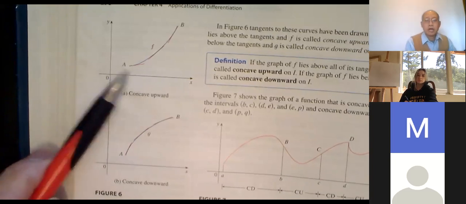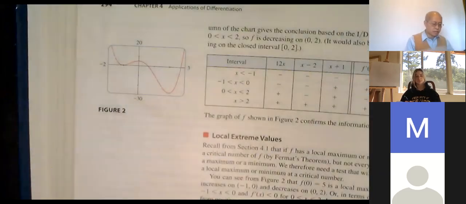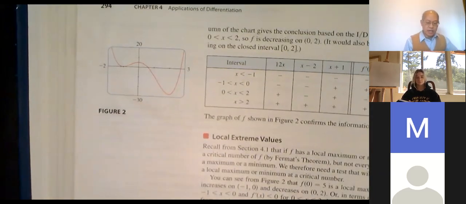Okay, so concave up, slopes are increasing. But we already said,